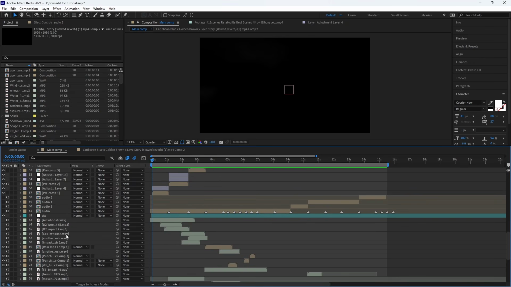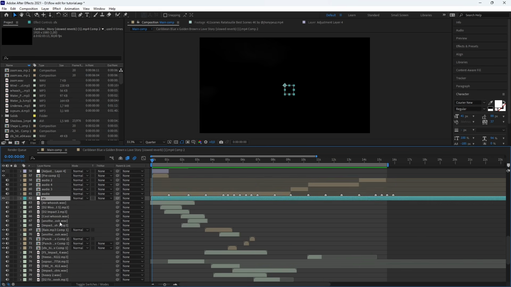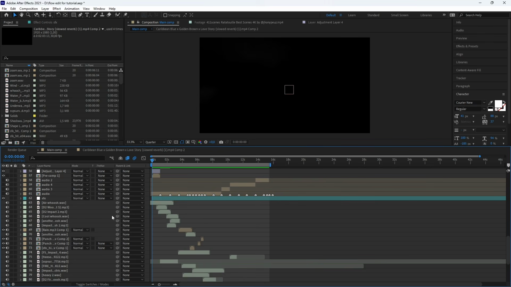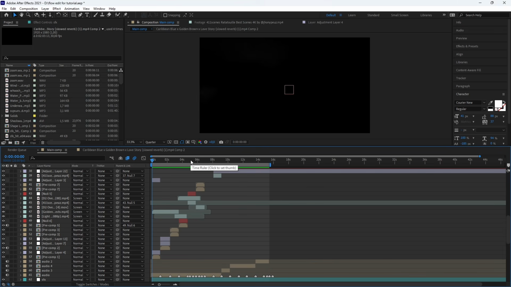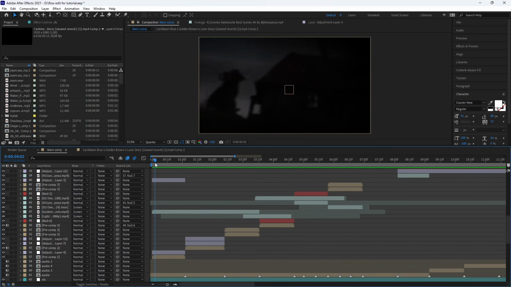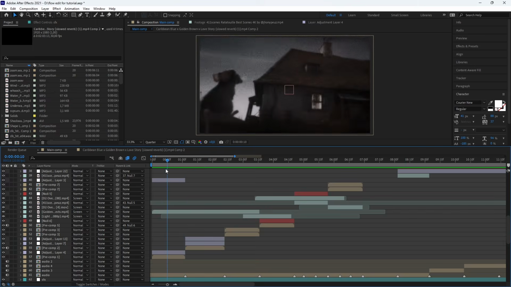So let's break it down. There are two parts. There's the SFX part below, that I will maybe make another tutorial on to explain each effect. Today I will explain the main edit. First of all, I'm gonna show you how I did this light transition.